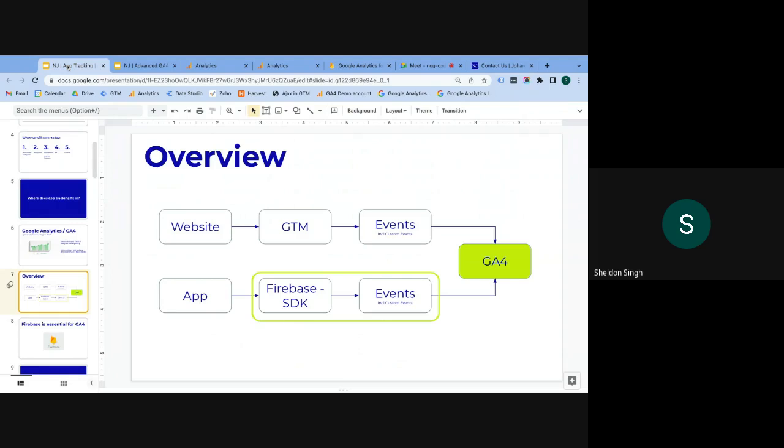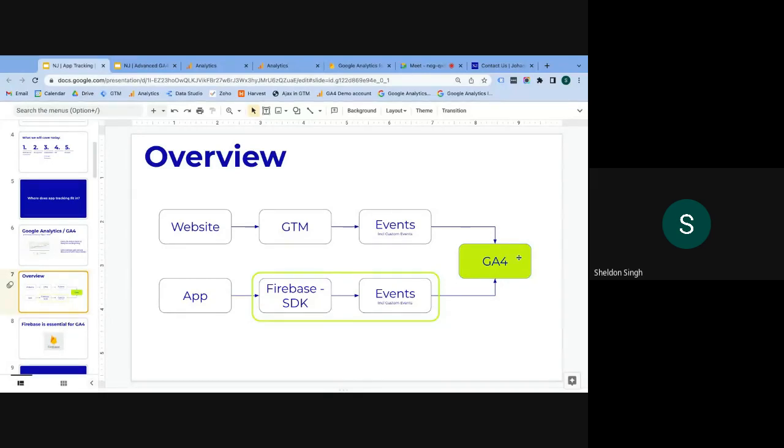So another big part that happened with GA4 is that GA4 is website and app data. On your website, you would have your tag management, like I mentioned, and in your tag management tool, we highly recommend GTM, you then use GTM to send events to GA4. And then the other side of GA4 is your app data. If you have an app, you would then need to install a Firebase SDK, which then allows you to send